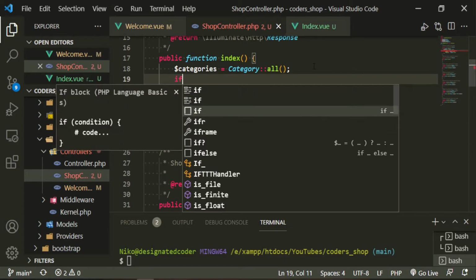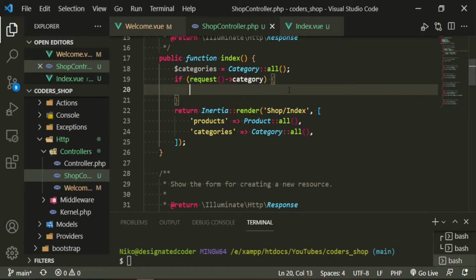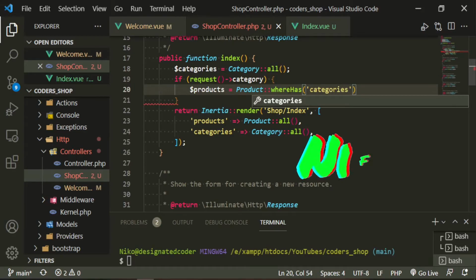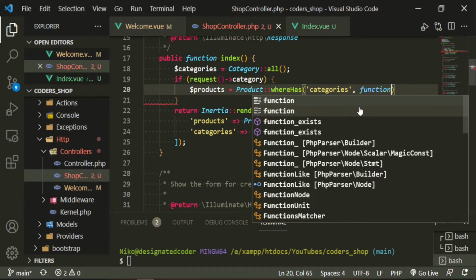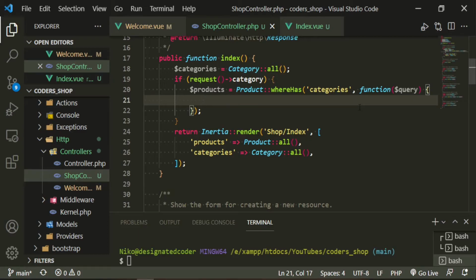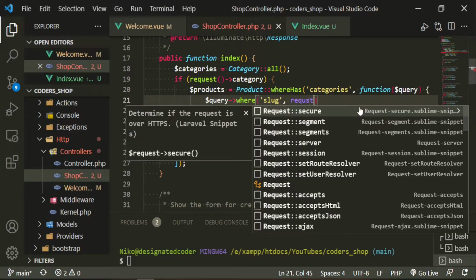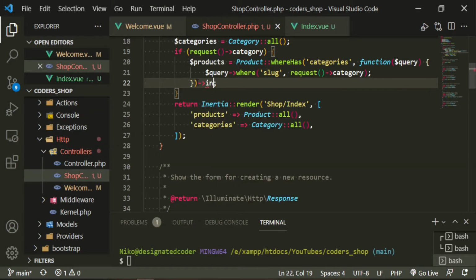So we'll say if request category, then what we want to do here is we're going to say products equals Product::whereHas categories. And I'm sure there's some new nifty function to handle this, but this is the way I'm used to doing it, so I'm just going to do it this way. If you find something better, then absolutely use it. Query. Okay, so now the query will be where slug is the request category. And now here we can also put in random order